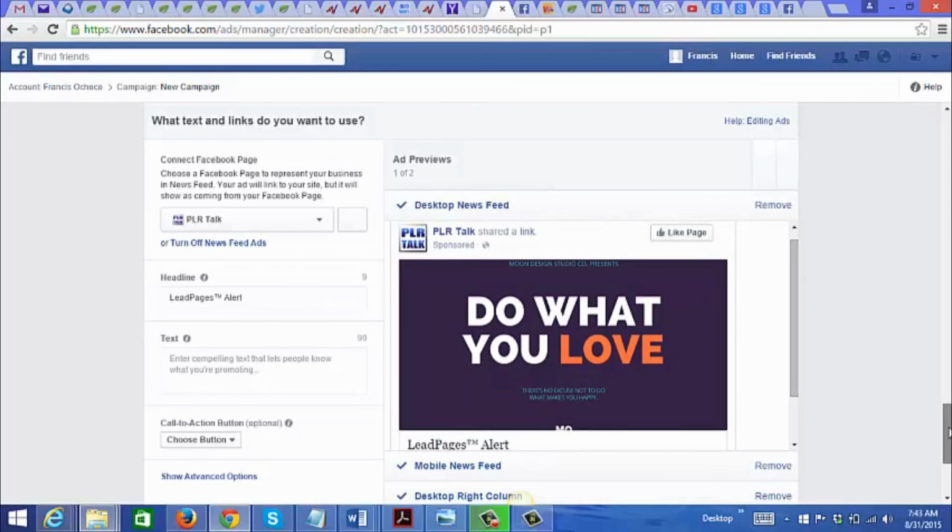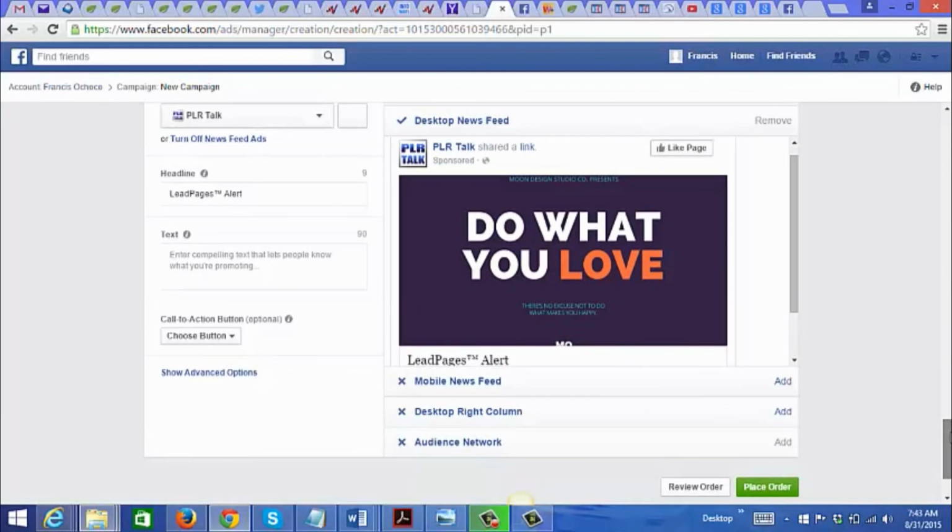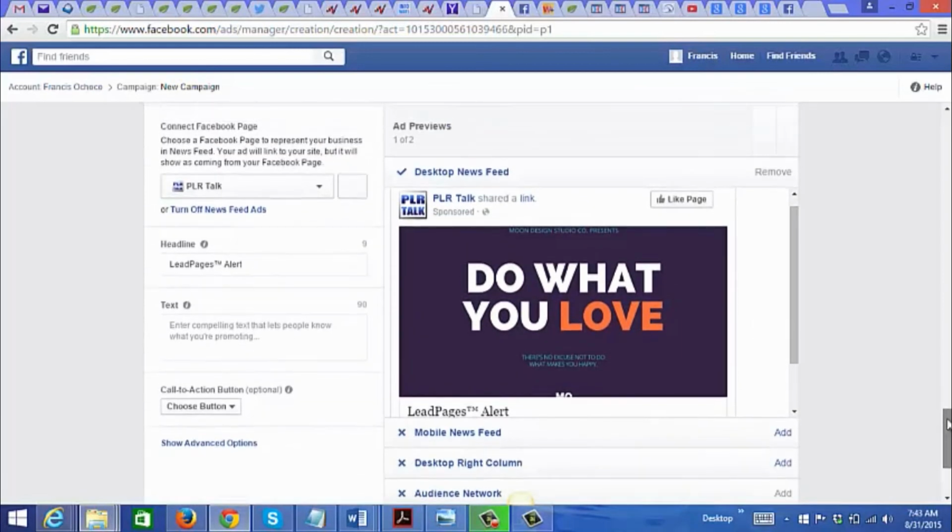And another thing you'd want to do is you want to remove this one right here, mobile and newsfeed. When you're starting out, you don't want to use that, and same with the desktop right column. Okay. Maybe later on, when you get more experience or you want to scale, you may want to use those, but for now, I recommend that you do not use those.